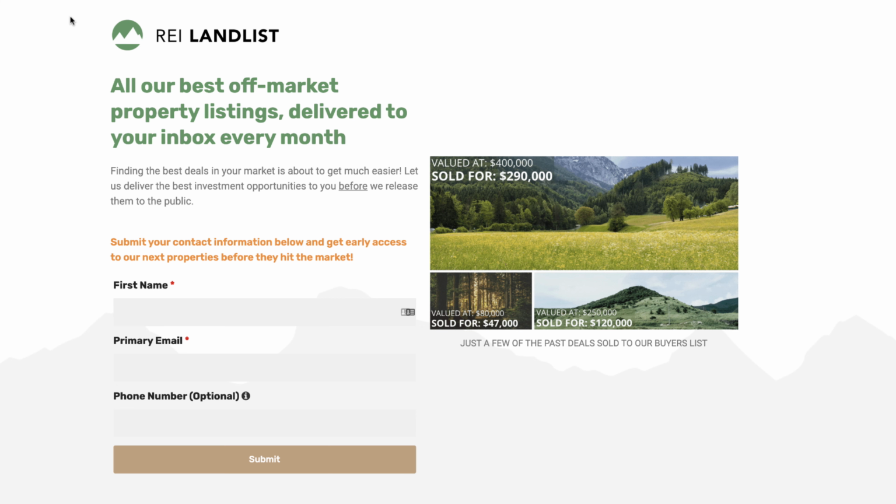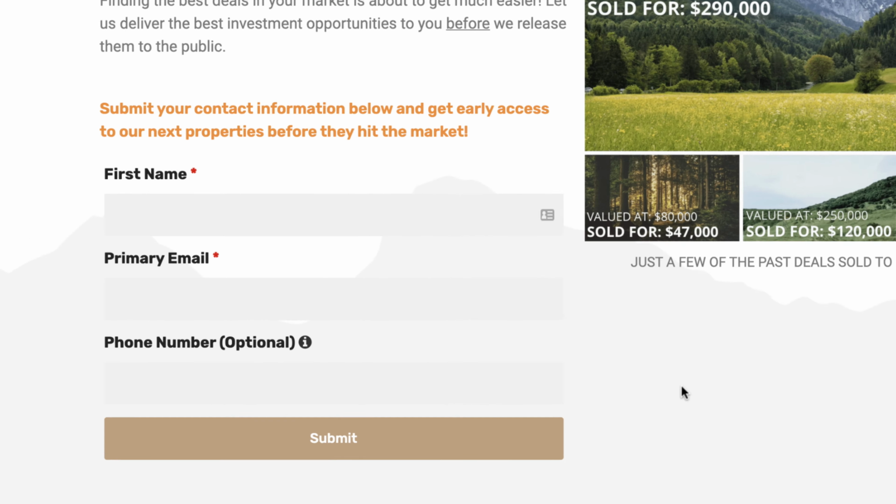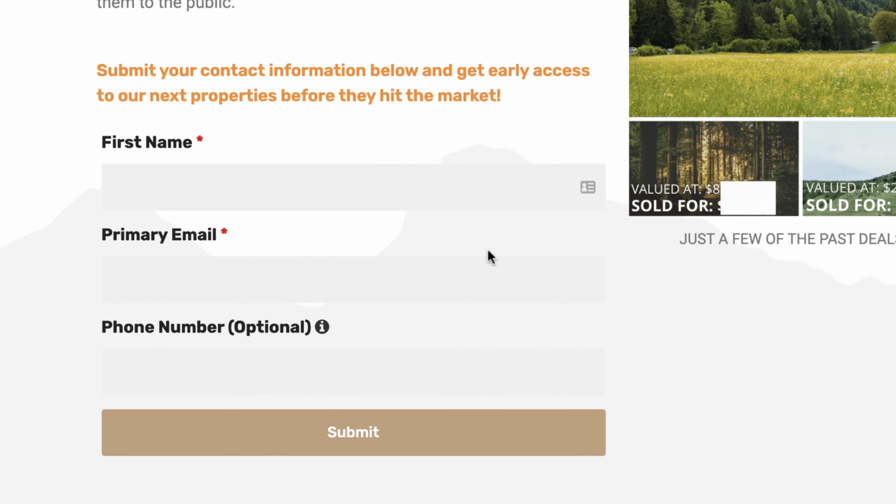And also something you'll notice here in terms of the form that I made, I actually should probably change up this background so that these fields have more contrast and don't blend into it. But the thing I want to draw your attention to is that a lot of times with a landing page like this, what you'll see people asking for is just the email address and that's it, or maybe the person's name and email address. And what I did was I actually added a phone number to this, because when we're talking about a buyer's list that you want to have be responsive, where you send out property information and the people actually respond and say, yes, I want to buy that thing.